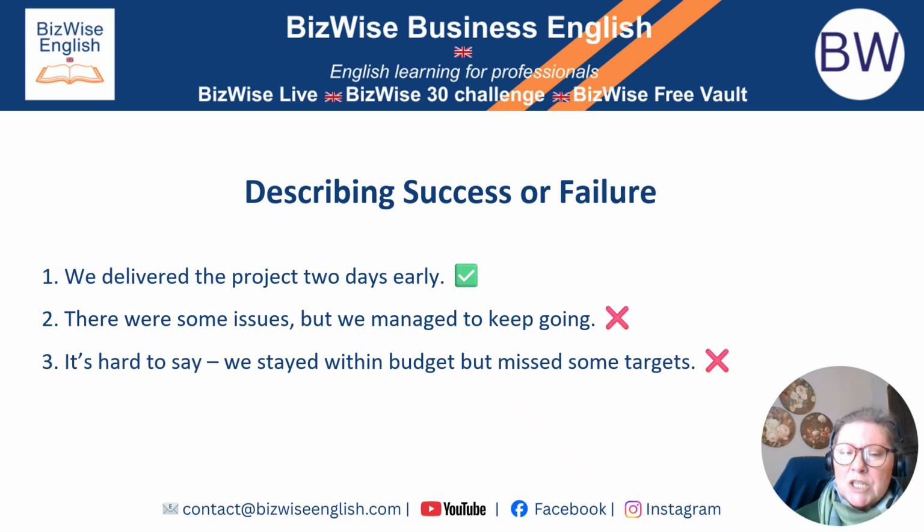Number 3 is hard to say. We stayed within budget but missed some targets. That is all just so vague, not clear, not honest. It sounds like you're trying to hide something. It is not hard to say. Tell the truth and the facts. Okay, so